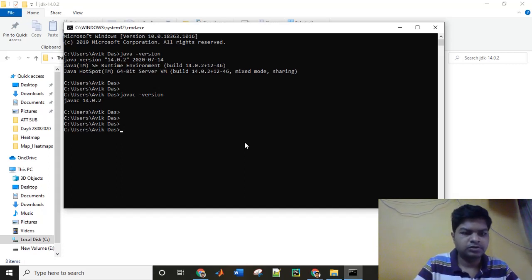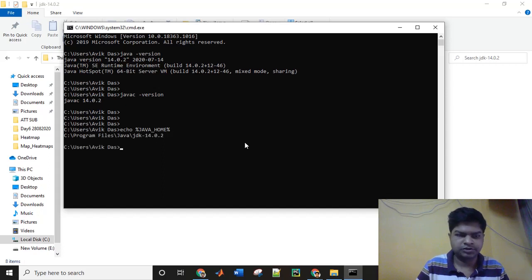For that you can type echo, space, then percentage, then in caps JAVA_HOME, again percentage, and press enter.